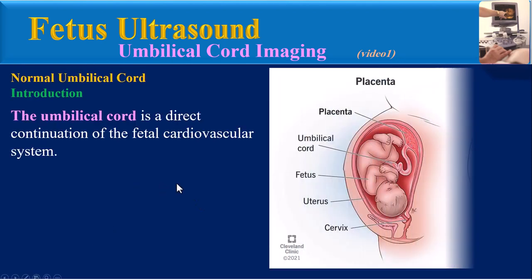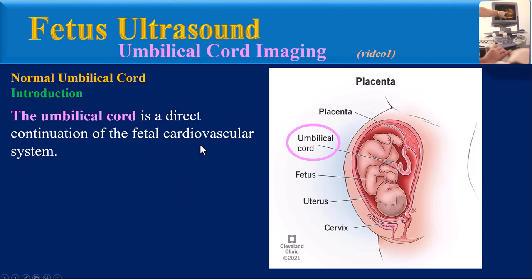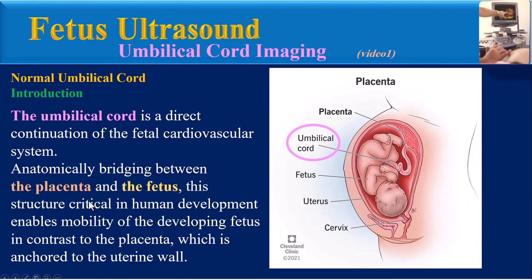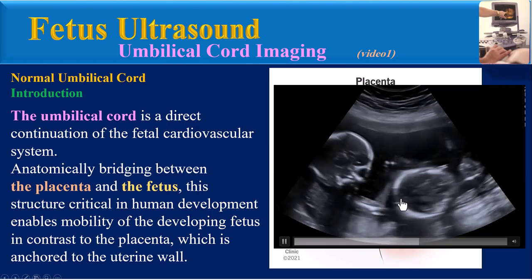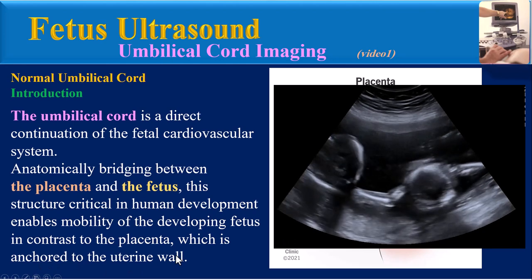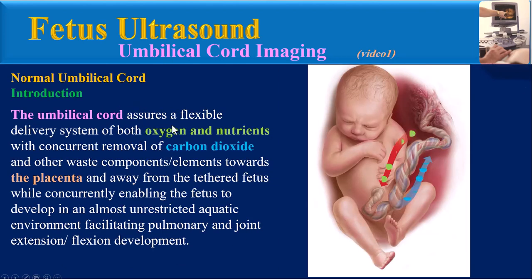The umbilical cord is a direct continuation of the fetal cardiovascular system, anatomically bridging between the placenta and the fetus. This structure, critical in human development, enables mobility of the developing fetus, in contrast to the placenta, which anchors to the uterine wall. The umbilical cord assures a flexible delivery system of both oxygen and nutrients, with concurrent removal of carbon dioxide and other waste elements toward the placenta and away from the tethered fetus,